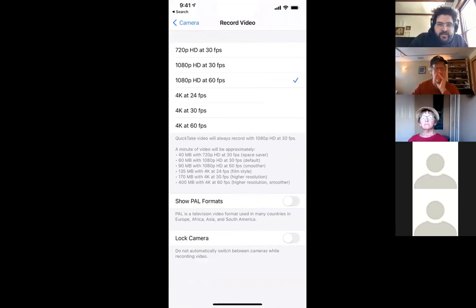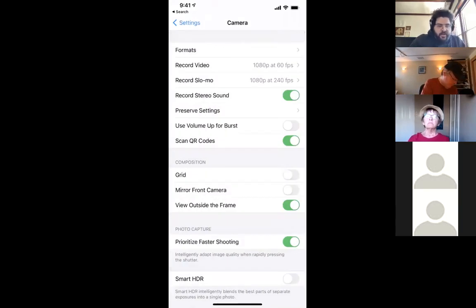And FPS is how smooth the video looks. For almost all purposes, 30 FPS is what you'll use. But you can try the other ones if you like them. The other way